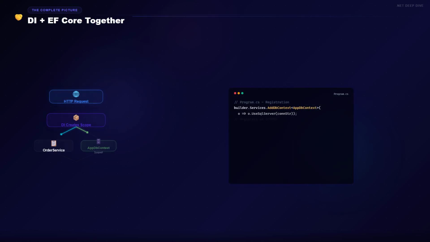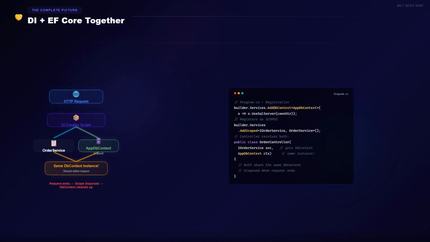Now let's see how DI and EF Core work together. In Program.cs, you call AddDbContext of AppDbContext. Internally, this registers DbContext as a scoped service with a factory delegate. It also registers DbContext options and all